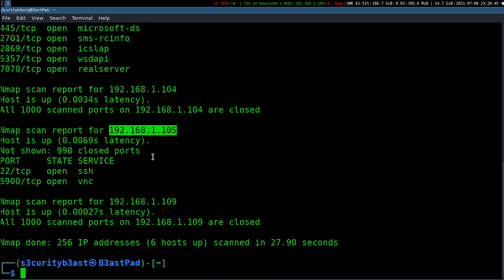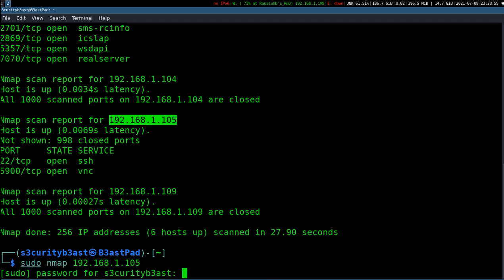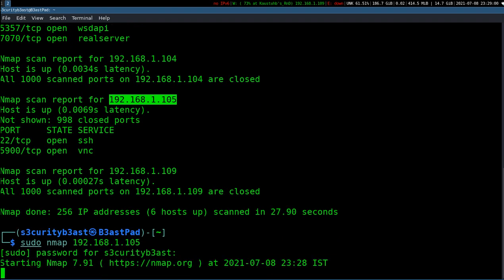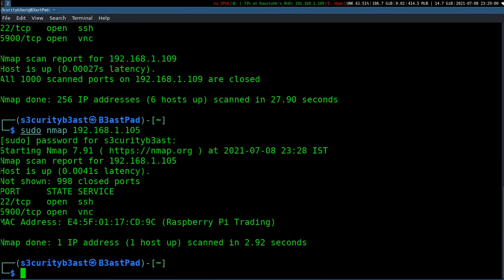We performed an unprivileged scan, so it's a half open scan, and that's why it is not showing the MAC address of the device. Here you can see the MAC address of the device. These few bytes are vendor reserved for the Raspberry Pi Trading. That means we can identify that this is our Pi in the network.